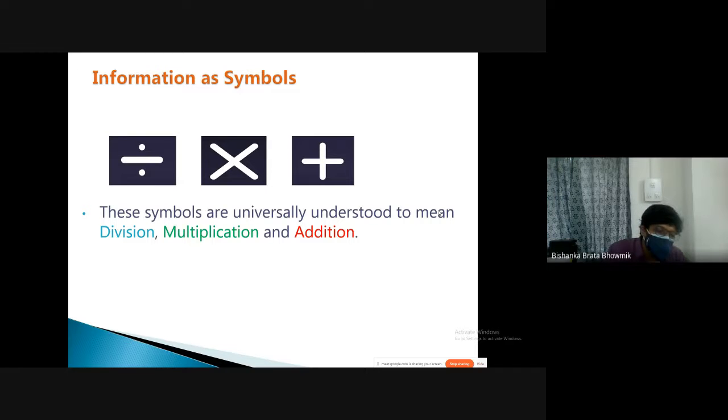Maybe you just give them 2 into 3. What is the result? They will give 6. But if you make the symbol an ampersand or any other symbol, they will not be able to give the answer, because they will not know what that set of symbols means. So the idea is to let them know that each symbol means something, because with our previous experience we know that this symbol means this set of rules. Okay?